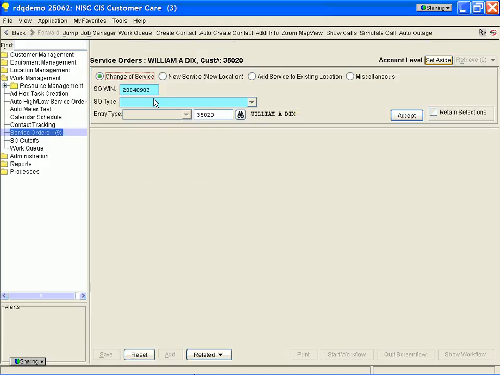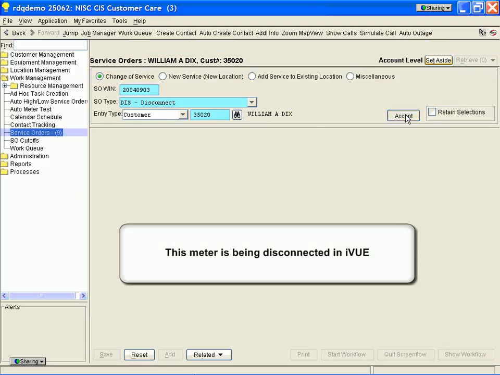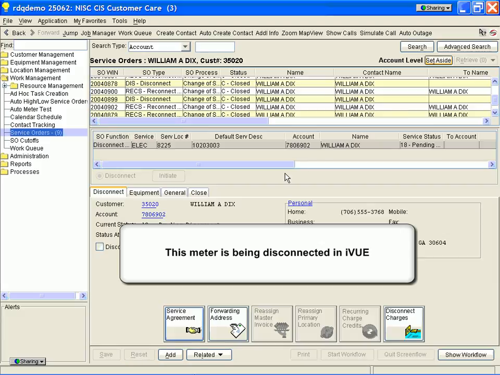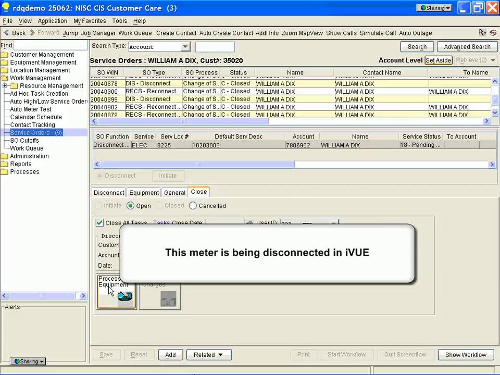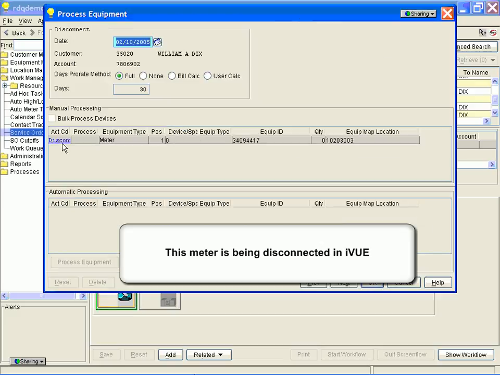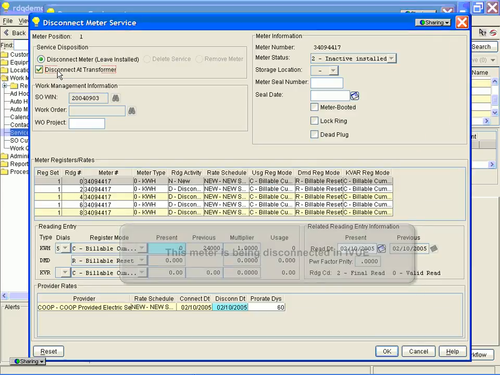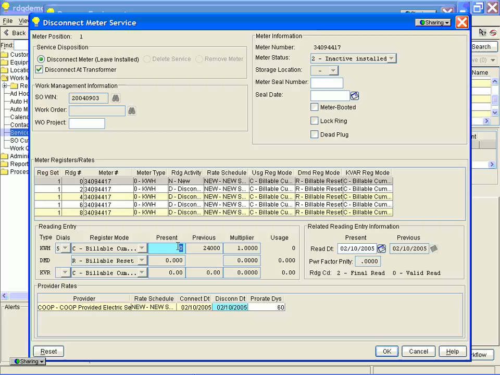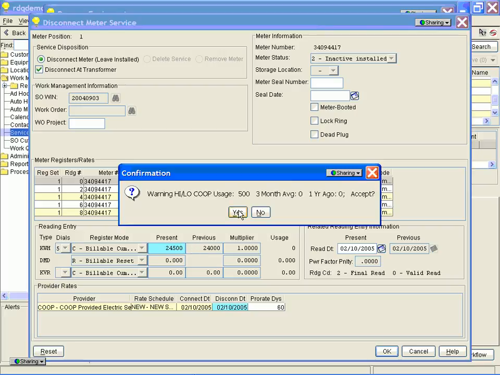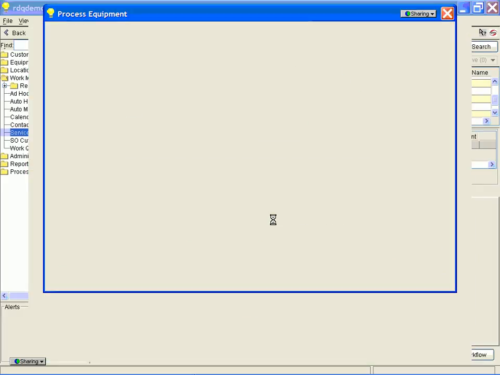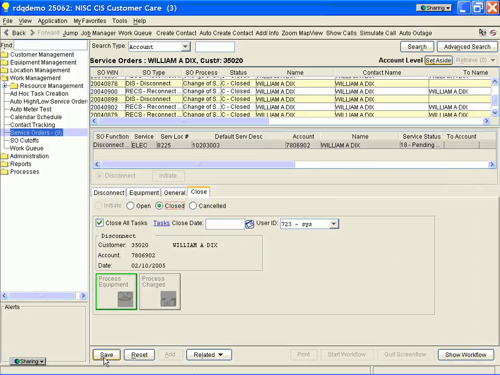Next, we're going to demonstrate the disconnection and reconnection of a meter. As you can see now, a meter is being disconnected in the NISC iView system. That equipment has been processed and we're finalizing the disconnection at this time. Next, we'll move to Hunt's Command Center system and make sure that that disconnection has been properly reflected in Command